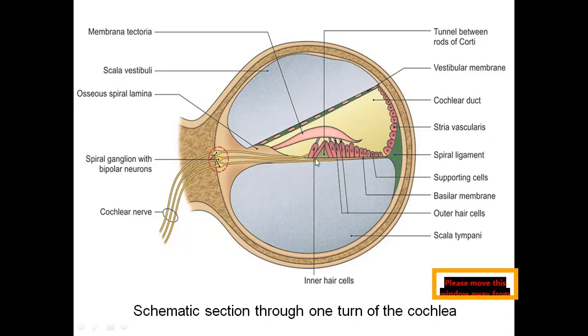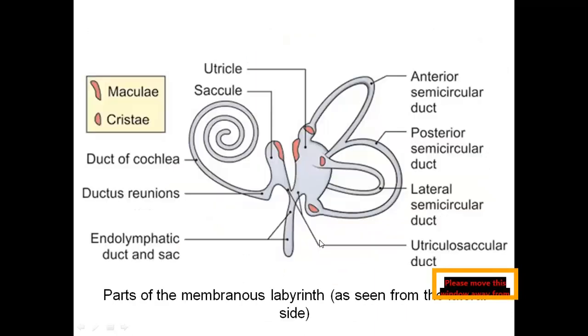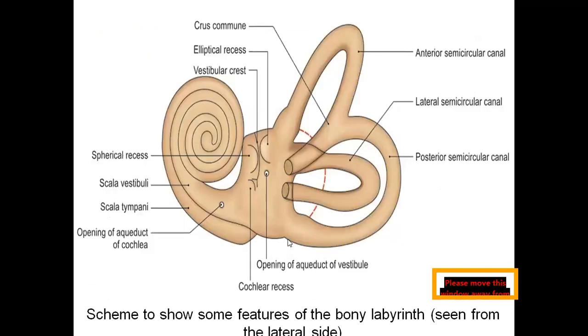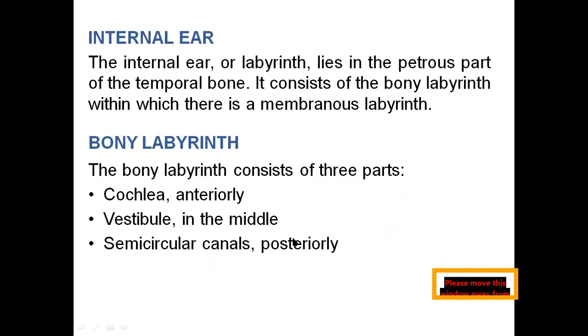This will all vibrate and the hair cells will come in contact with the tectorial membrane whenever there is some vibration which is actually coming from the external ear, middle ear, and then internal ear. Whenever hair cells come in contact with the tectorial membrane, the action potential develops and these sound waves are carried by means of the cochlear nerve, which you usually learn in physiology. As far as anatomy is concerned, usually the middle ear is important and the internal ear part we can do from physiology.